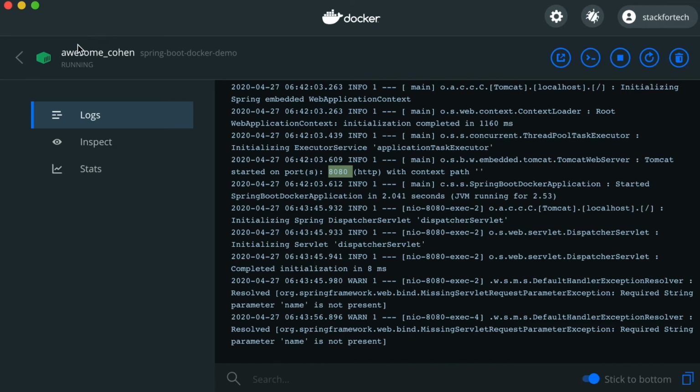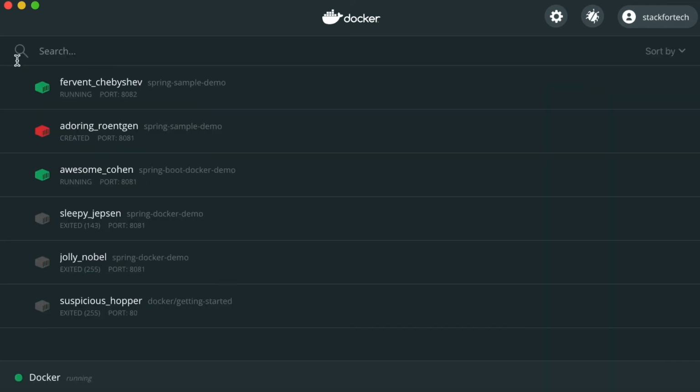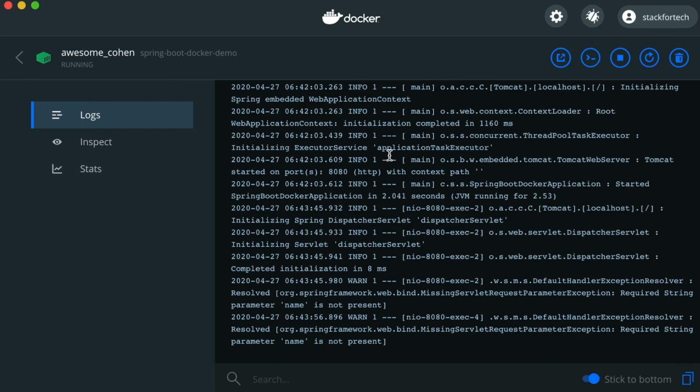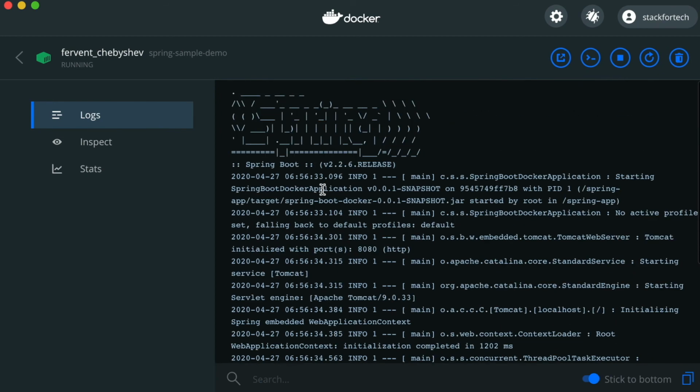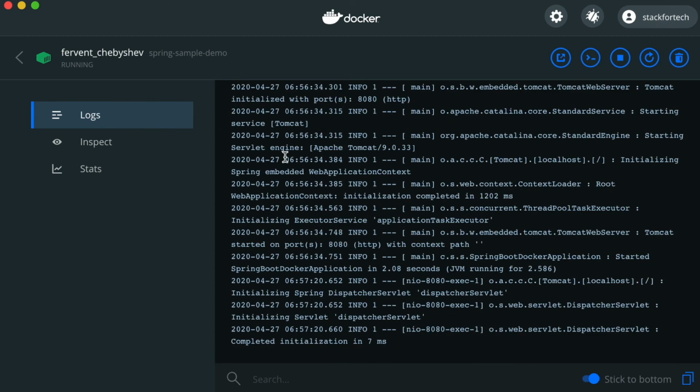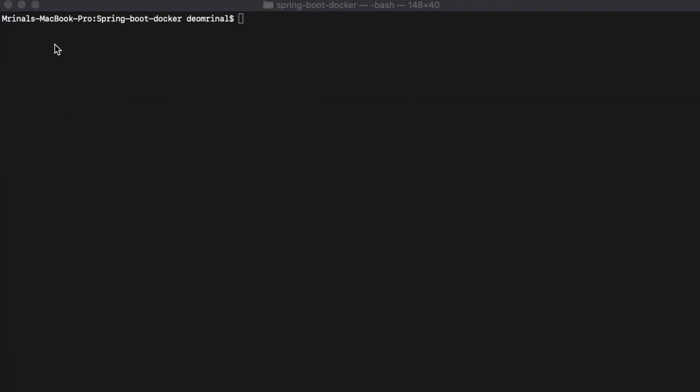It's better to download because it's a UI where you can see which containers are running right now. As you can see here, I am running two containers, one on port 8081 and one on 8082. You can go inside these containers and see the logs, for whichever container you want to look into. This is a very nice, UI-based way to look into Docker containers.